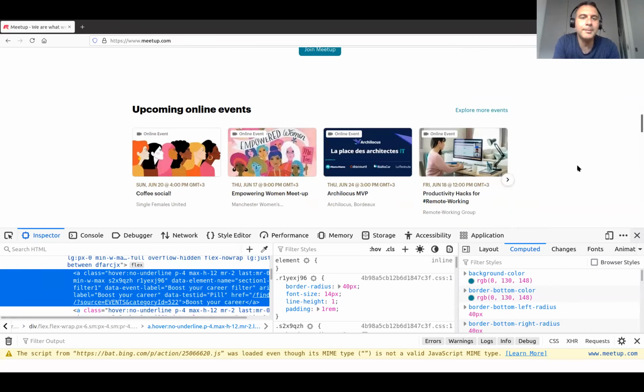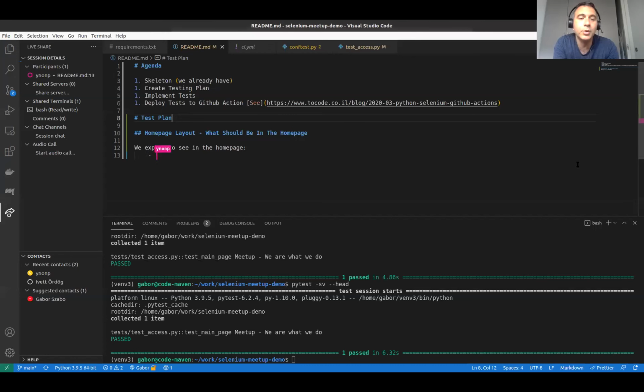Because if, for example, the service that creates the boxes disappears or stops working, we want to find out. If suddenly their image server stops responding, I'm okay with that. I just normally don't find that out, so I won't spend so much time on it. Let's just list what we expect to see in the homepage. We're not going to check every element because it's just a webinar and we're just having fun.